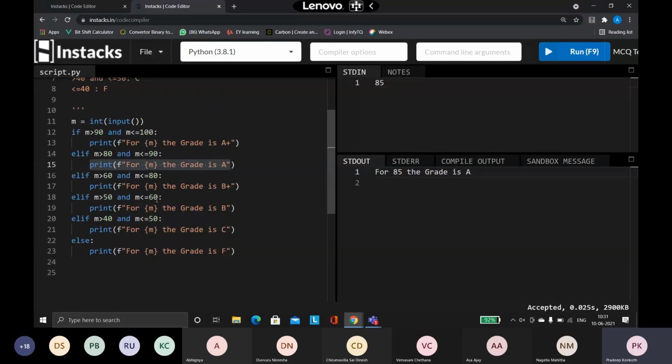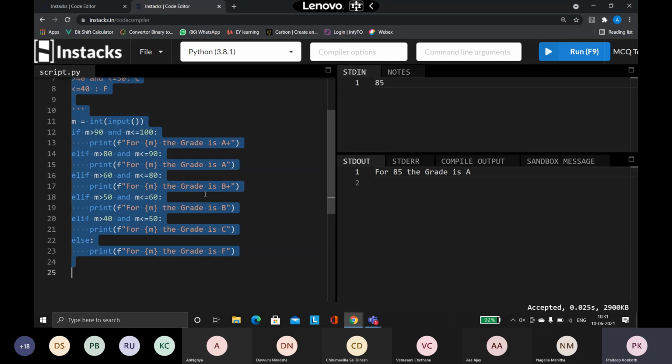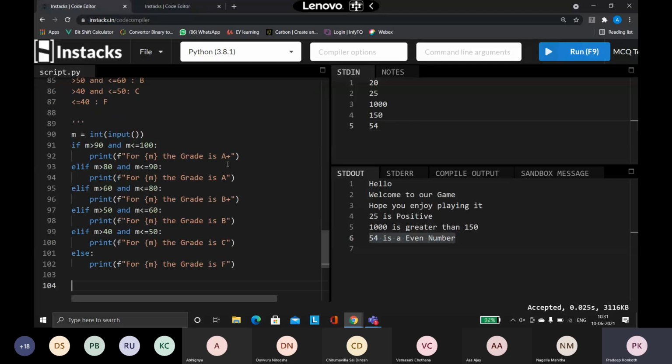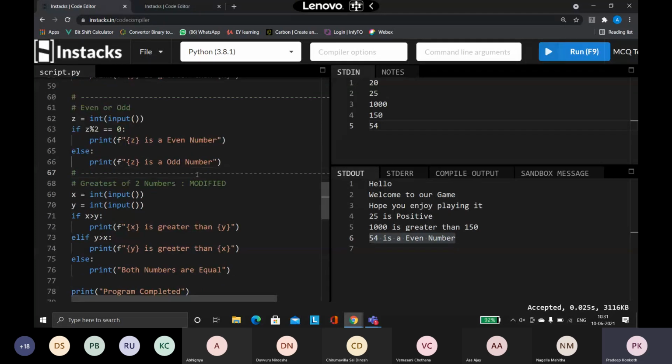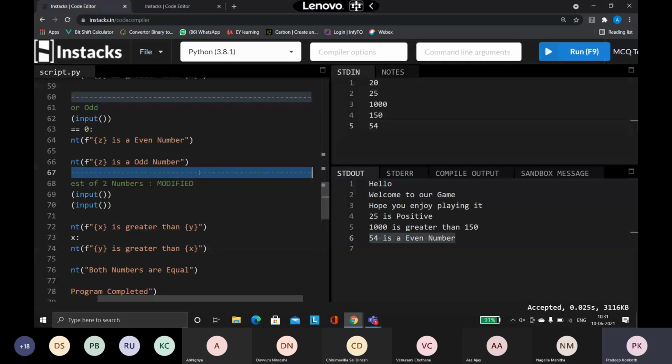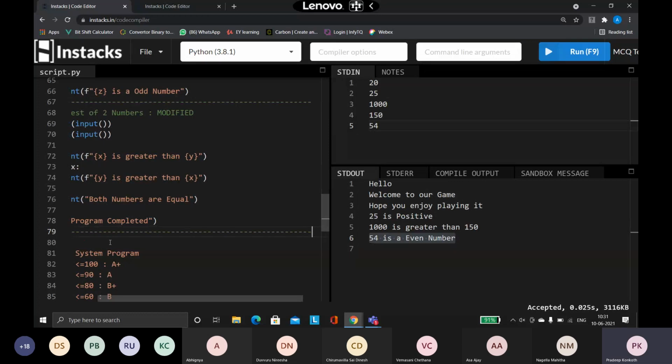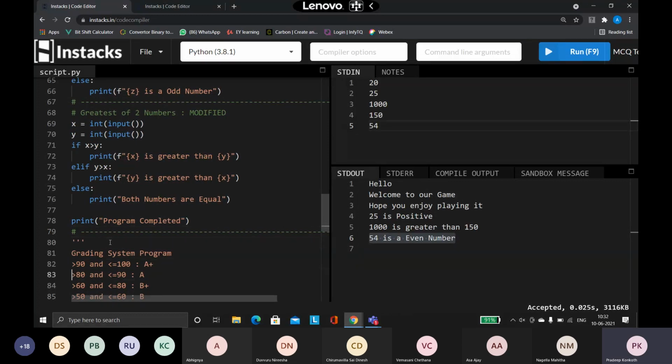So when is elif used? Whenever you have multiple conditions to be executed within a program. When I want to execute multiple conditions within a program, then I will always be using the concept of elif. I hope you have understood this. All these together are what my decision making statements are all about. These are the things my decision making statement is going to be doing for me. Let me add this program also to this. There you go. I have just added all the programs here.